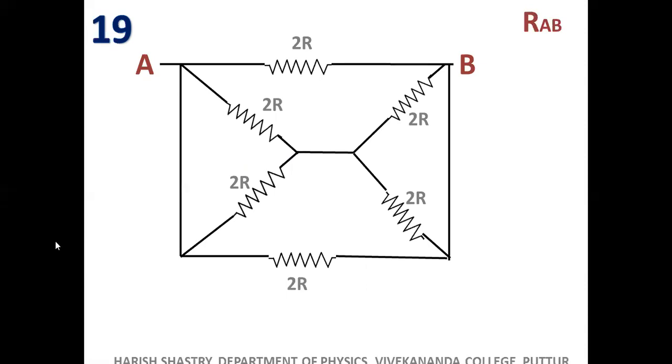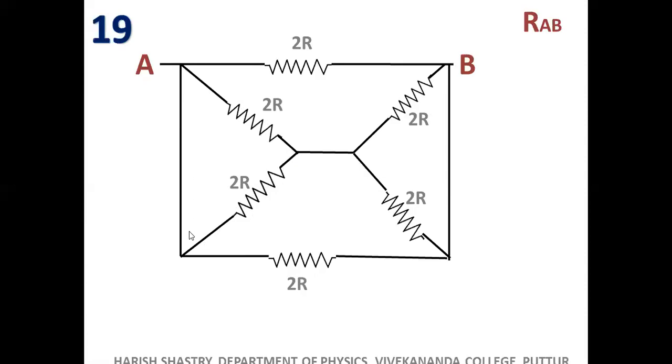Shall we start from any corner like this, whether these two are in series, these two are in series? No, you can't do it like that because there is a connection here. But there are some directly connected wires here and there, right? There is a wire here, there is a wire here. So can you select these 2R and 2R in parallel? Because you see, already one end is made common. What about this end? That is also common through this wire.